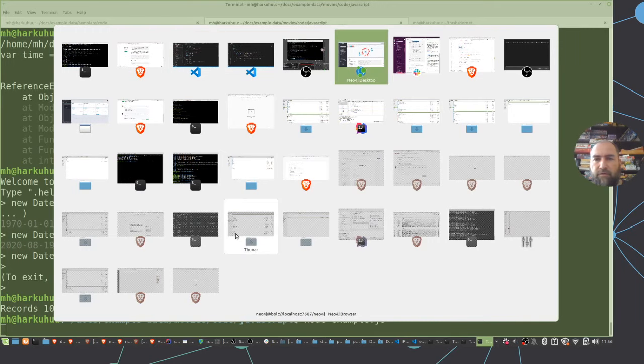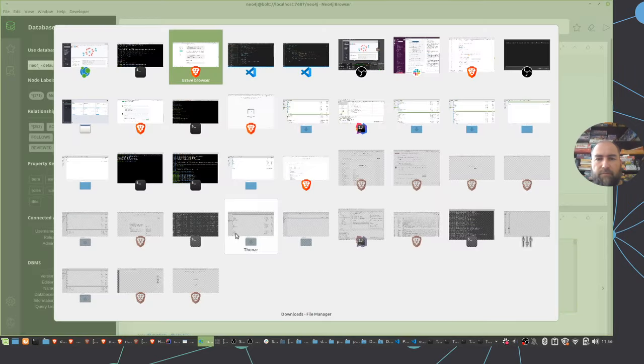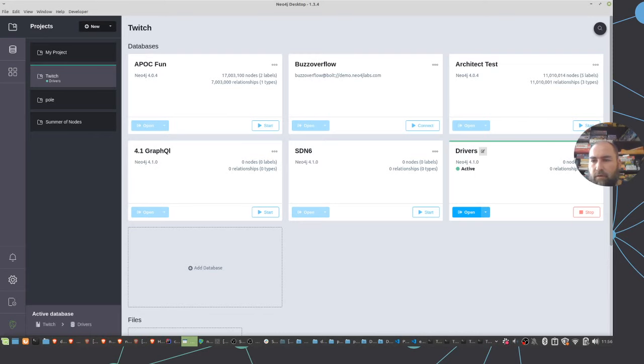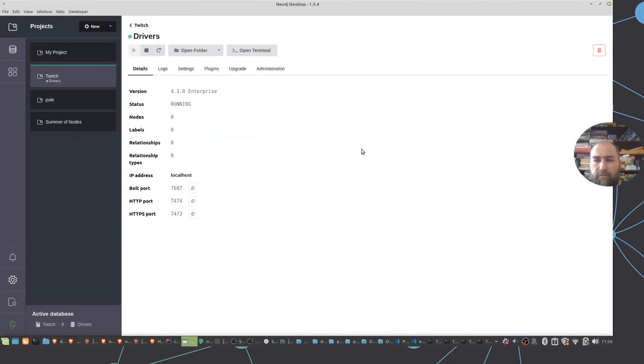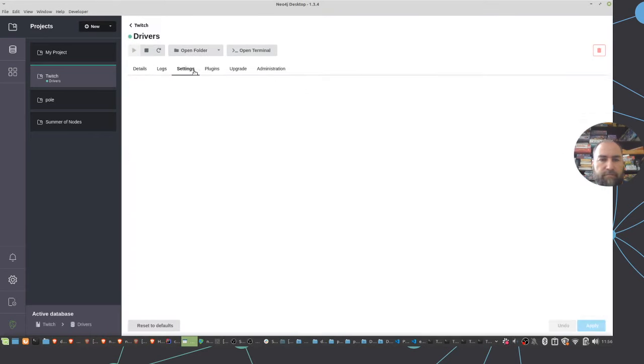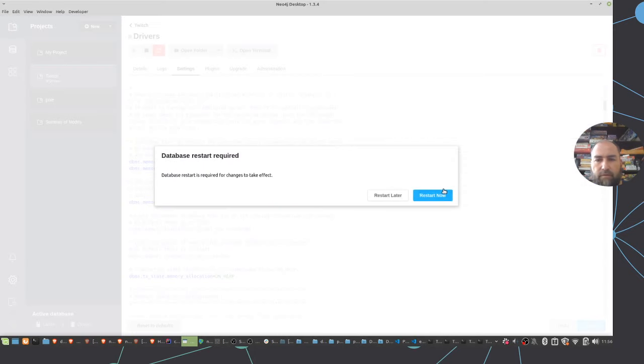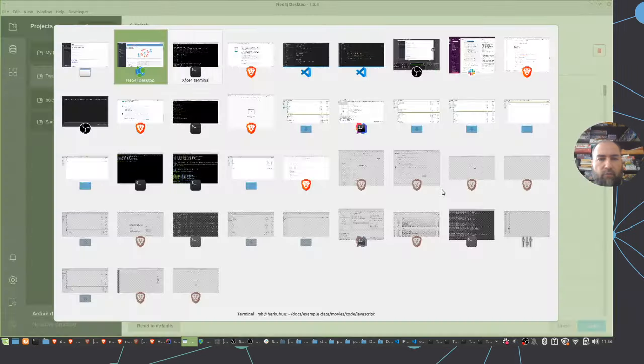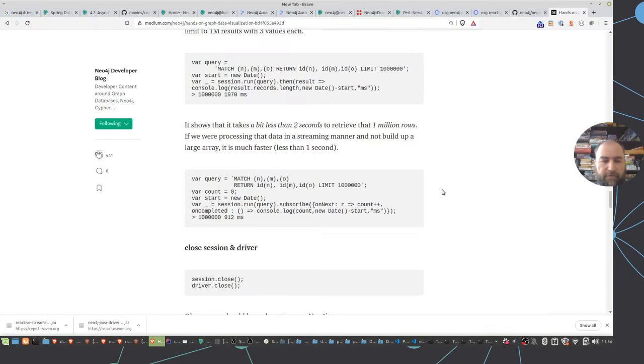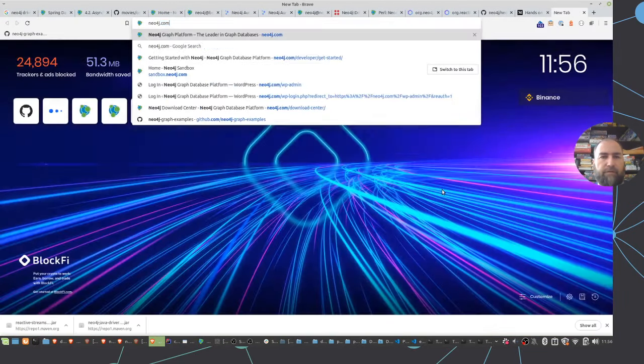So what could be one reason is that my Neo4j Desktop is running with a configuration that has a little bit too little memory for this, but it shouldn't matter. So let's see if I change this to 4 gigs. Apply, restart. While Neo4j is restarting, what I wanted to show you as well is if you go to Neo4j.com